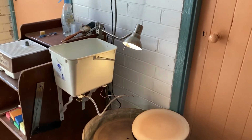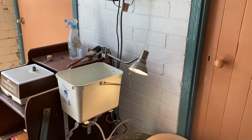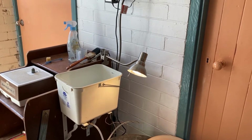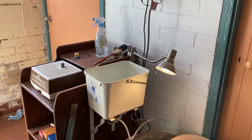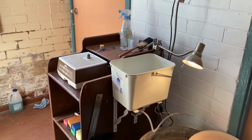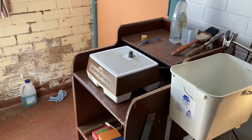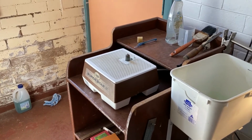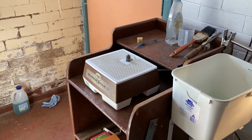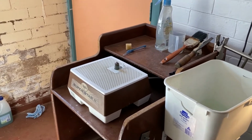And you can see that light there, which is just a light I purchased. I think I got it from the hardware store or something like that. It gives me the light, and I can just turn that around when I'm working on the other piece of equipment, which is probably more familiar to a lot of glass workers, which is a little glass grinder. Now on this I can do different shapes, and there are quite a few attachments and different size bits,